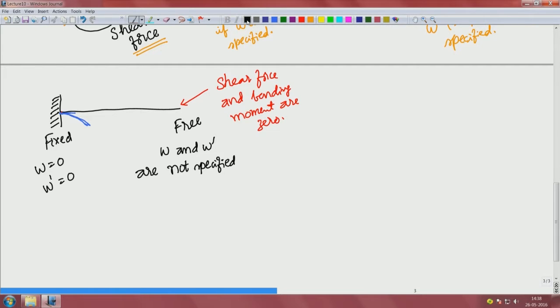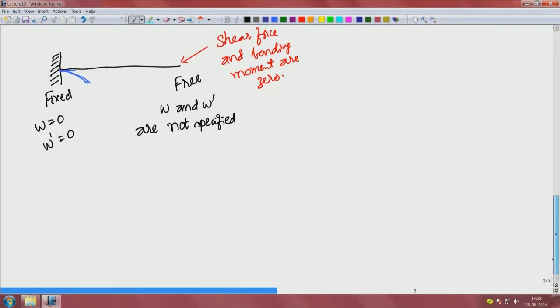We can take any other boundary condition. So, we can take, let us say, the simply supported beam. So, we have a pin joint here and we have a pin joint with a roller support over here. This is what we call simply supported beam. Here W is specified, whereas W prime is not. Here also W is specified, W prime is not. What this automatically means is that since W prime is not specified, the bending moment here